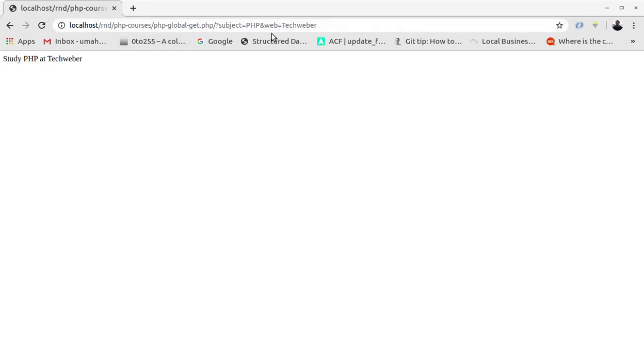You see, the get superglobal fetches the parameters from the URL with the key. Here subject is the key and PHP is the value. Web is the key and TechWeber is the value. Before the first key, you should use the question mark, and after the first key value pair, you should use the ampersand. So only the first one has the question mark and all the following key value pairs have the ampersand. So you can add as many as you can here,